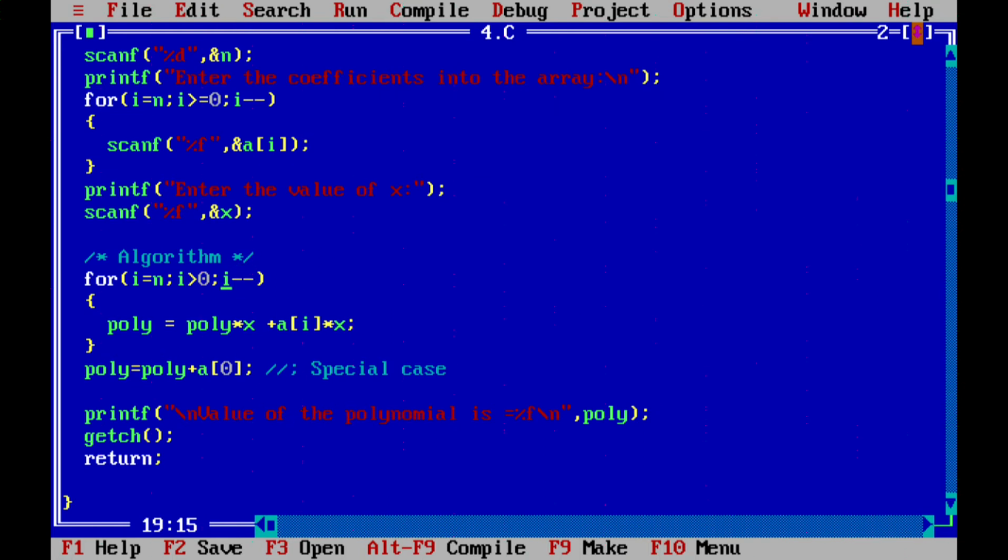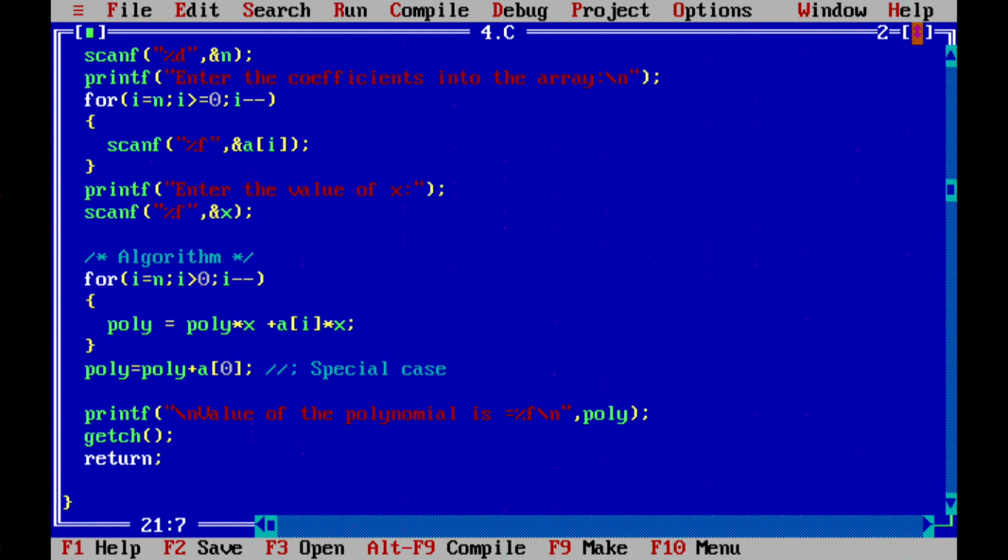Here intentionally, in the for loop, many times you would have gone from 0 to n. By design we are starting with n, and i is going down to 0, with i minus minus. You have to remember this very carefully. Either i grows from 0 to n, in which case it would be plus plus, or it goes down. So you have to be careful. That's why i minus minus.